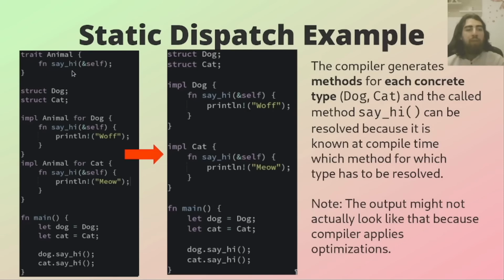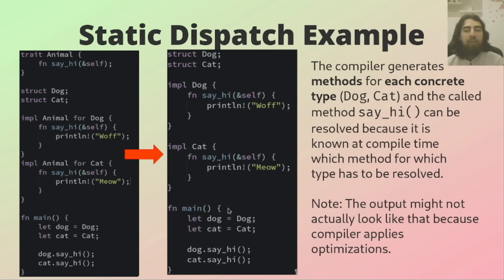So we have here the trait Animal holding one method, say_hi. Then we have Dog and Cat, and we implement the Animal trait for Dog and for Cat. Now, as you can see, when we create an instance from Dog and from Cat and call the say_hi method on it, because every type that implements the Animal trait must have this method. And when we then run this program, the compiler will actually generate methods for each concrete type, in this case Dog or Cat,